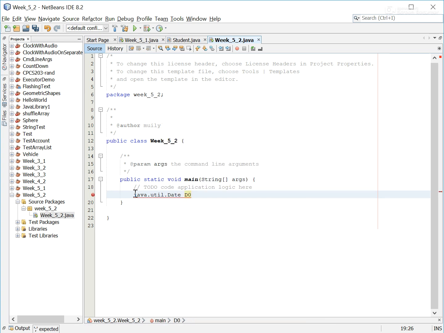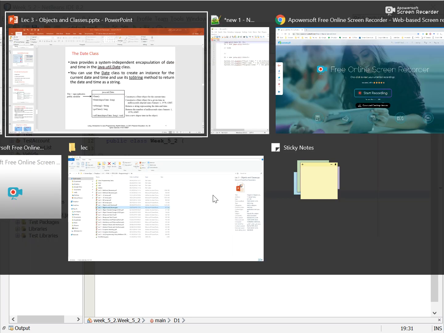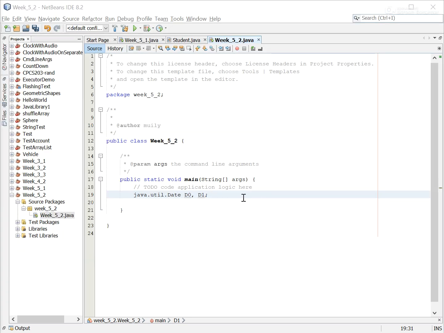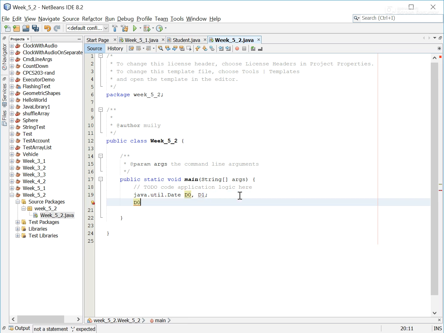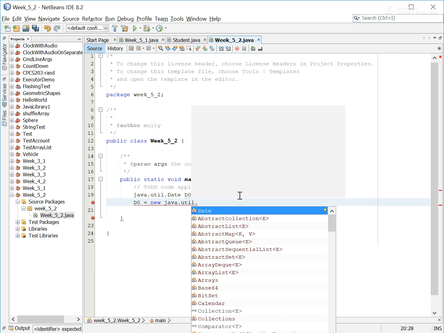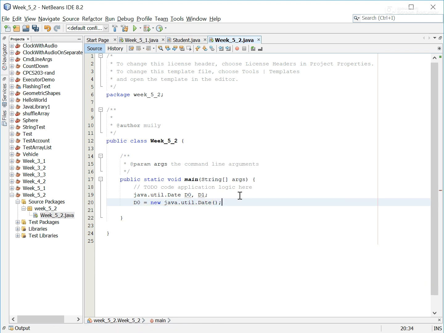And what I'm going to do is declare two date objects, D0 and D1, you'll see why in a minute. Now this was just the declaration. Next is creating the first date object. I call the constructor of the date class, and